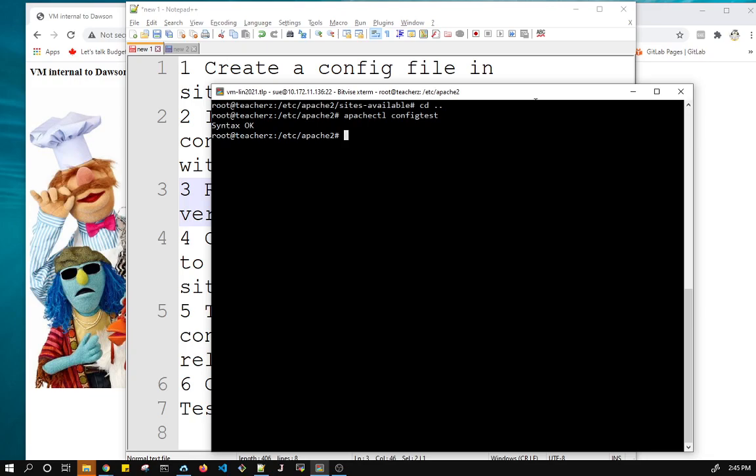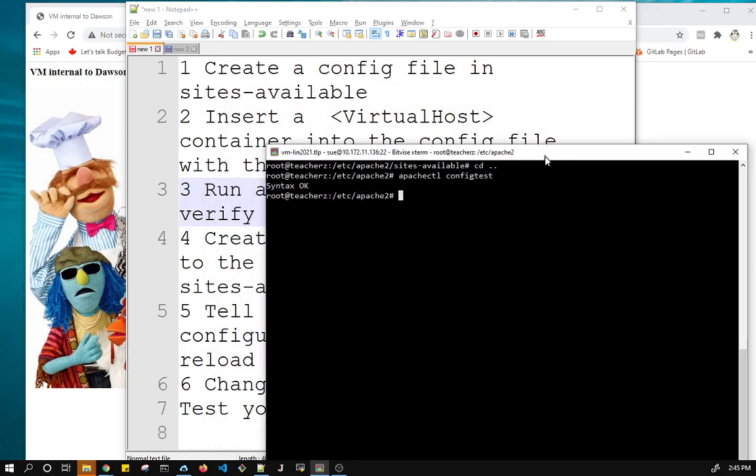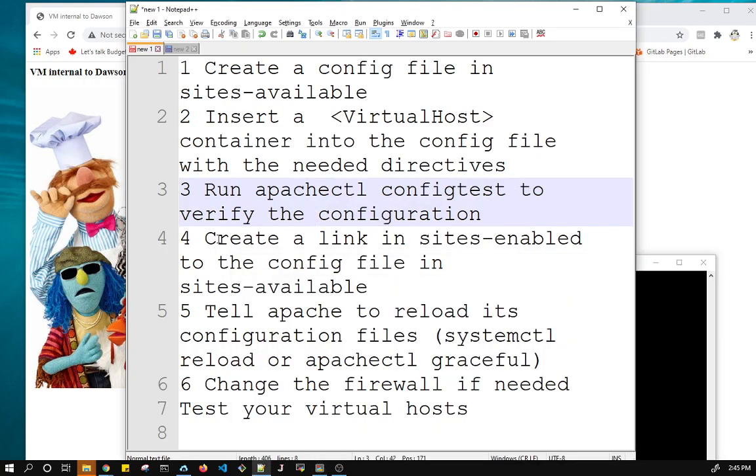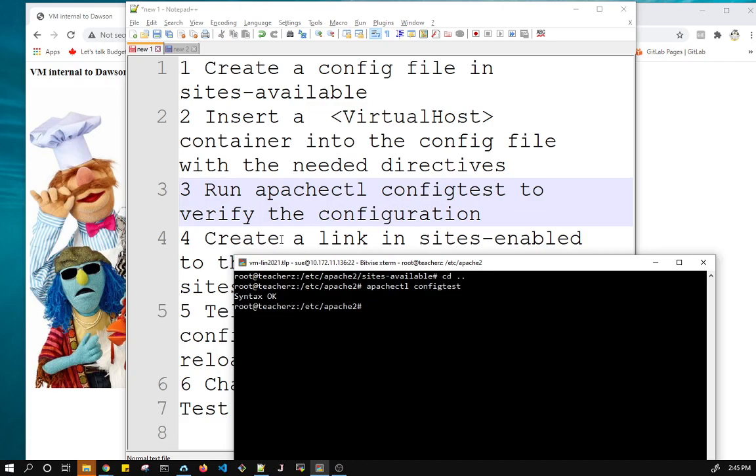It says the syntax is okay. So that's good. It means I haven't made any typos. If I make a typo, I have to go back and check it. And now what I have to do, in order to activate this, I have to create a link in my